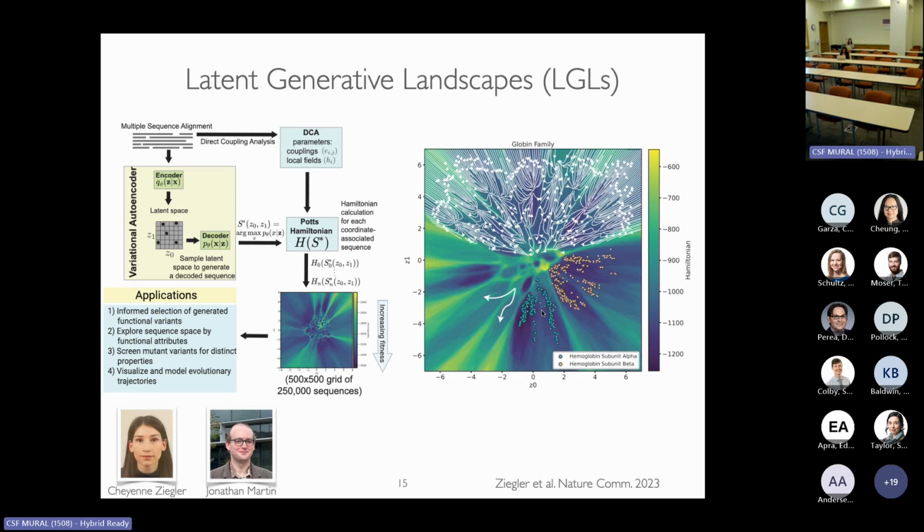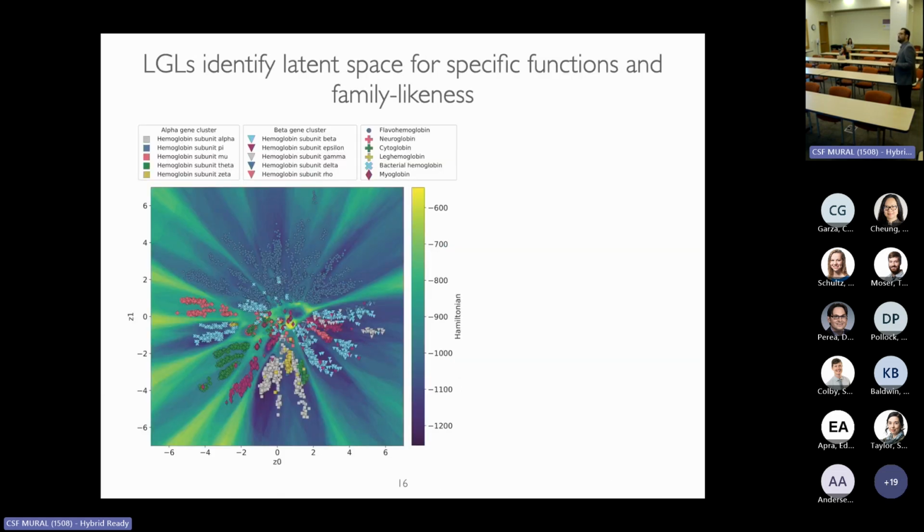So things that are more similar tend to be in these local deep bubbles that are in this landscape, right? So that's something that you're gaining now. You generate sequences, you quantify them, and then you can start saying something about their families, right? In this case, for instance, I'm showing you